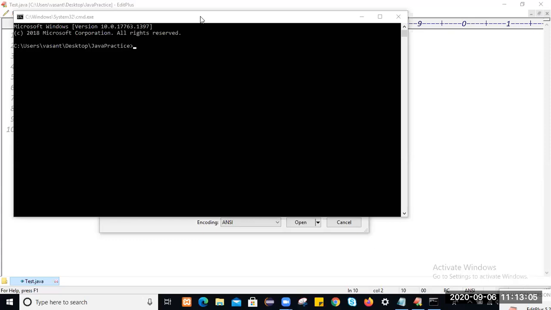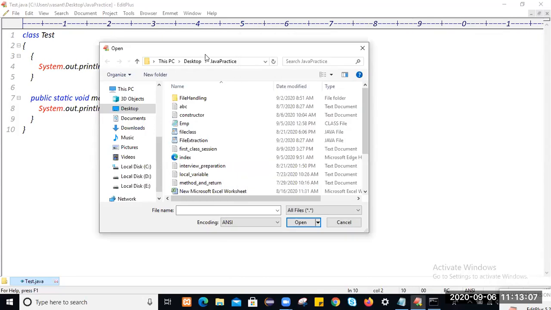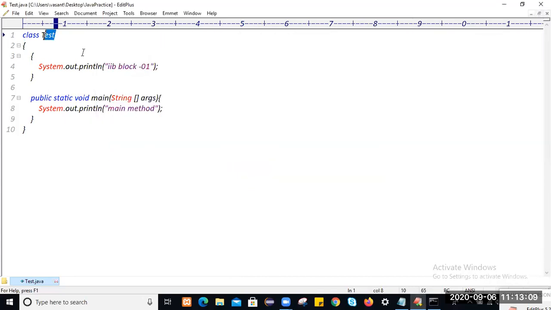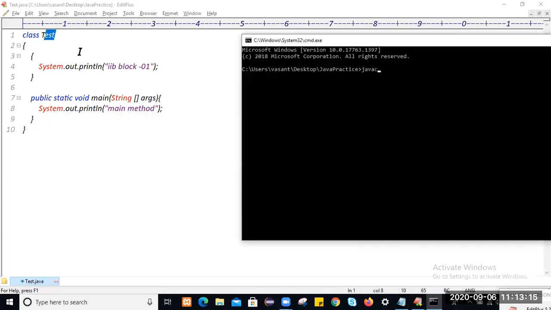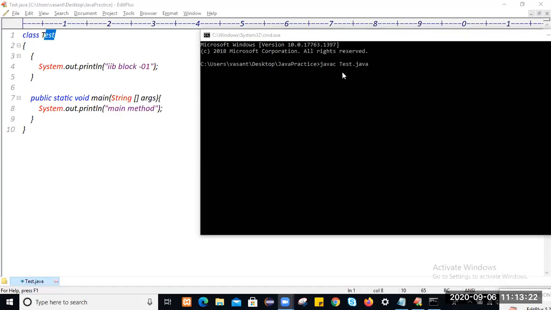What is the application name? We saved this application with the name Test, and the class name is Test. So let me compile it: javac Test.java.